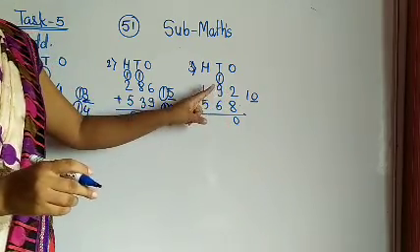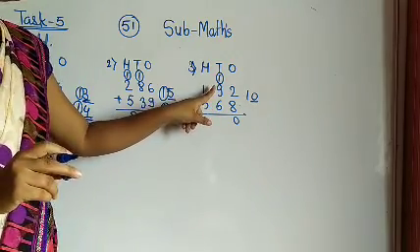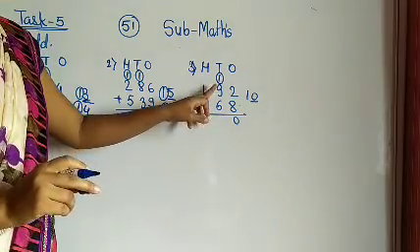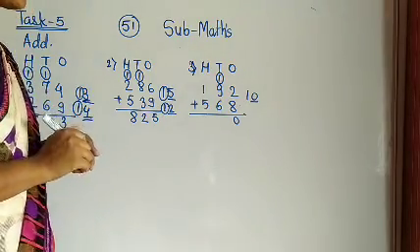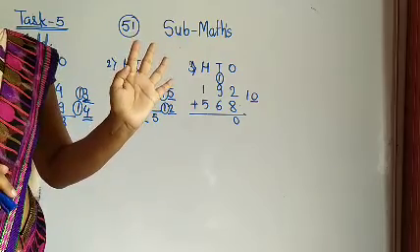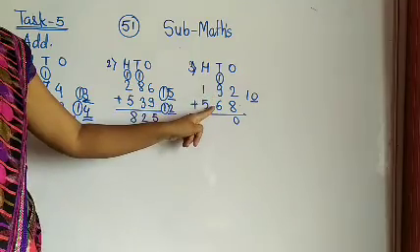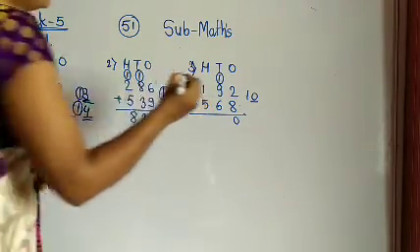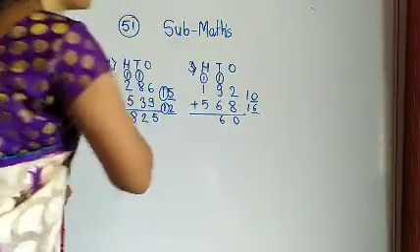Now see in this case, which one is big, 9 or 6? 9 is big. Then what you have to do? In 9, you have to add 6. So after 9 count 6: after 9, 10, 11, 12, 13, 14, 15. 9 plus 6 is 15 and 15 plus 1, 16. In 16, what you have to do? 6 is downside and 1 will be carry forward.